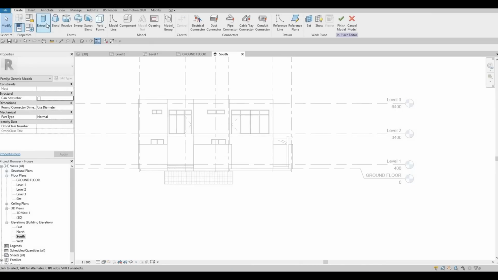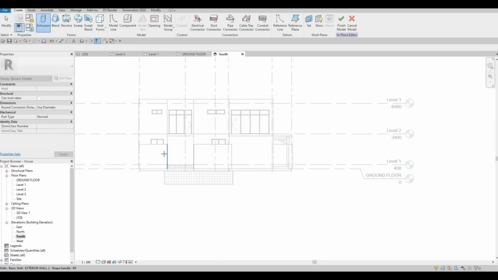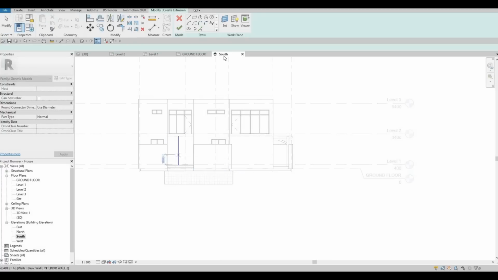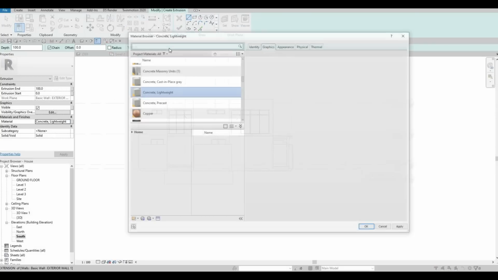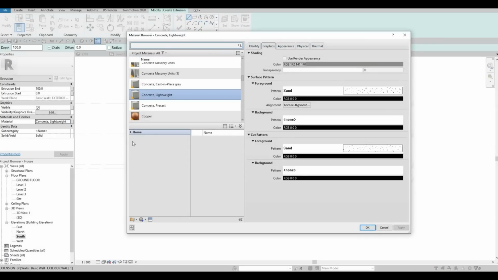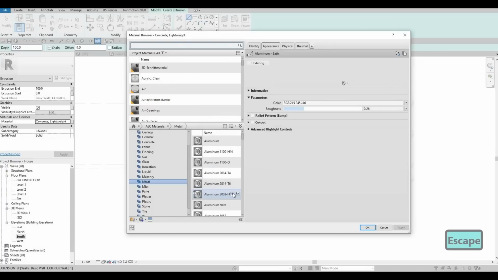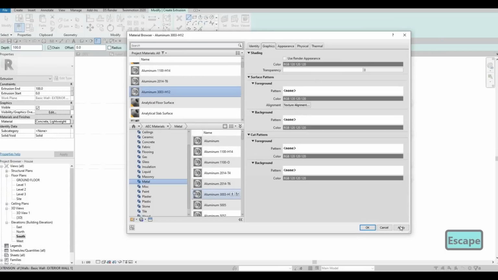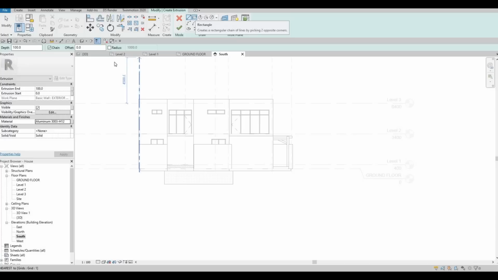Press OK, and then click on extrusion, but we need to pick a plane, and then we could choose this one, the wall, and then the border wall, and then here we need to change this to a metal material. So I'm gonna choose one of here, and then aluminum, or that one has already been added, so I'm gonna choose this one. And then after that, select rectangle,